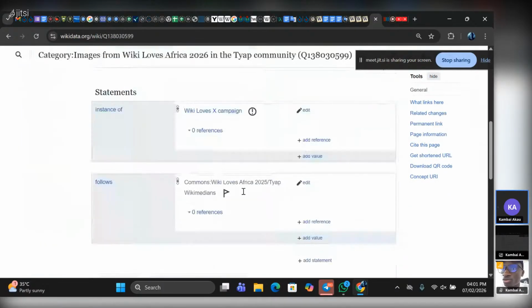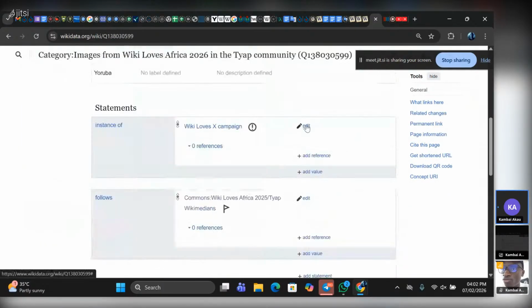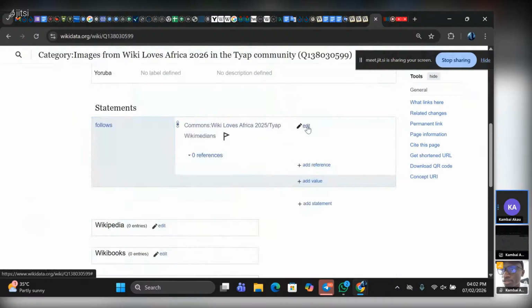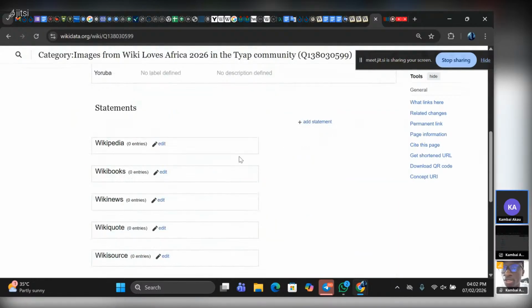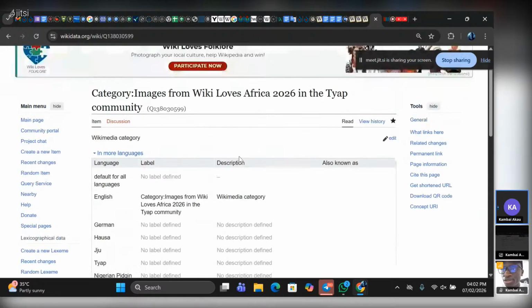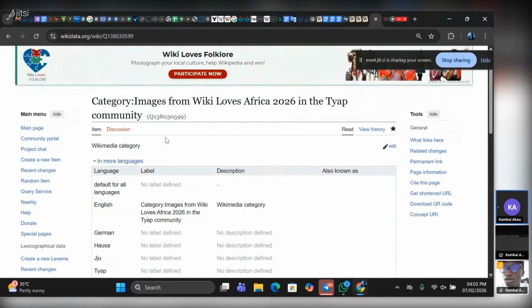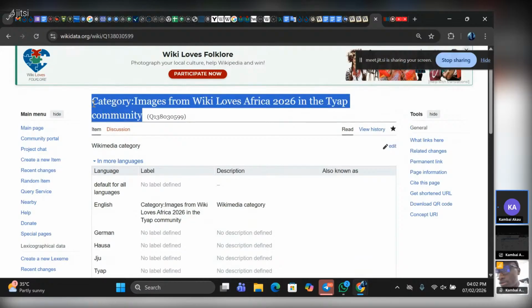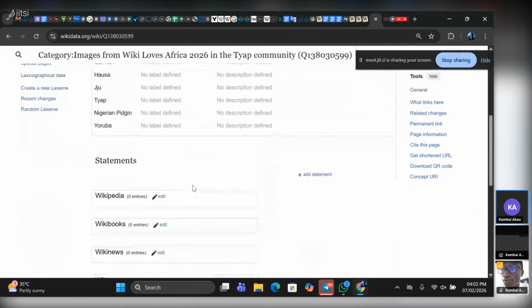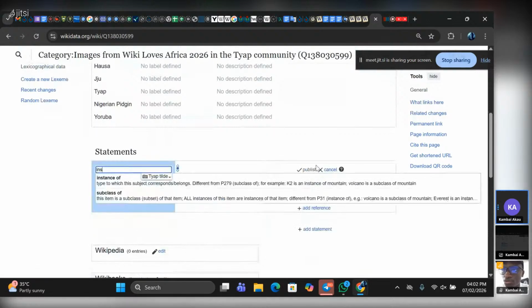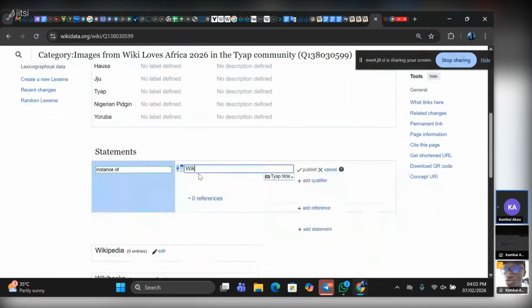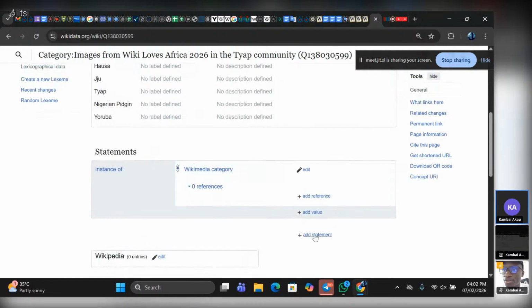So what we do is I'm going to remove all these things that were done. It's like we're starting the whole work afresh. Okay, so we have a category right here. I'll copy this, and then the very first statement, instance of, is going to be Wikimedia category. Later on I'm going to add other instances like part of, or rather, like